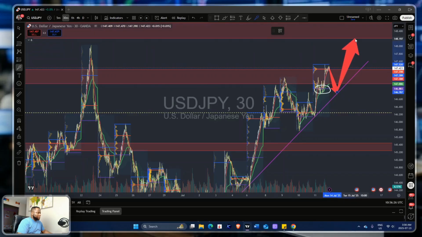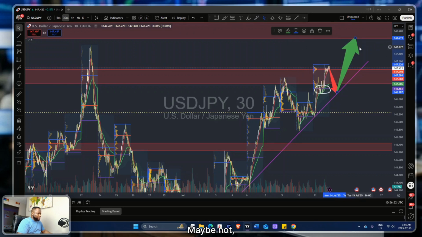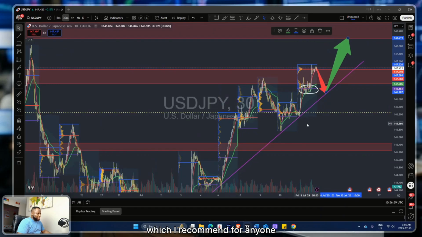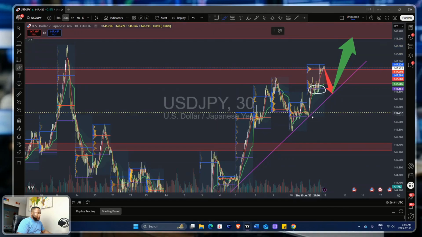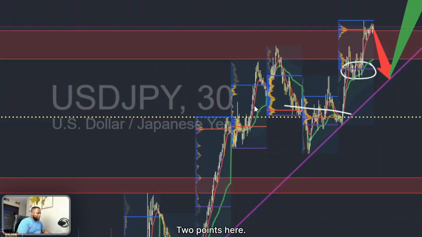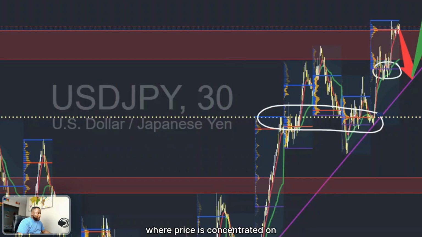to this. Okay. Now, am I saying this is going to happen? Maybe not, but it's possible. If this doesn't happen, we have a very good zone to buy, which I'll recommend for anyone. Is basically this zone here. We have two areas here, 2 points. That's too much. If you look at this, high volume node here, and high volume node. So there are a lot of orders here where price is concentrated on, where there's a high volume of orders